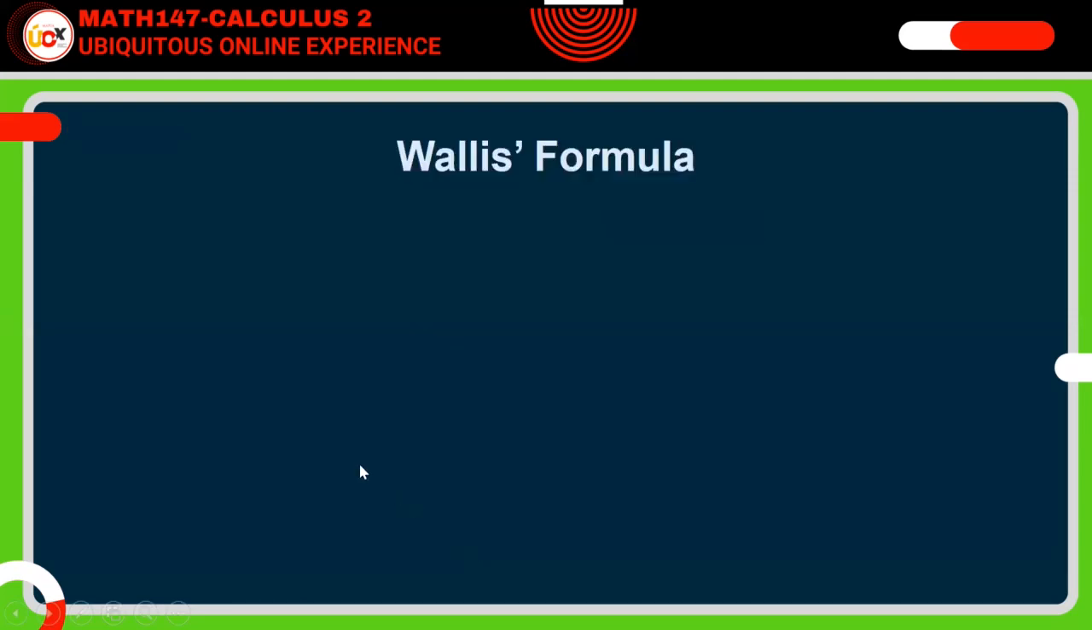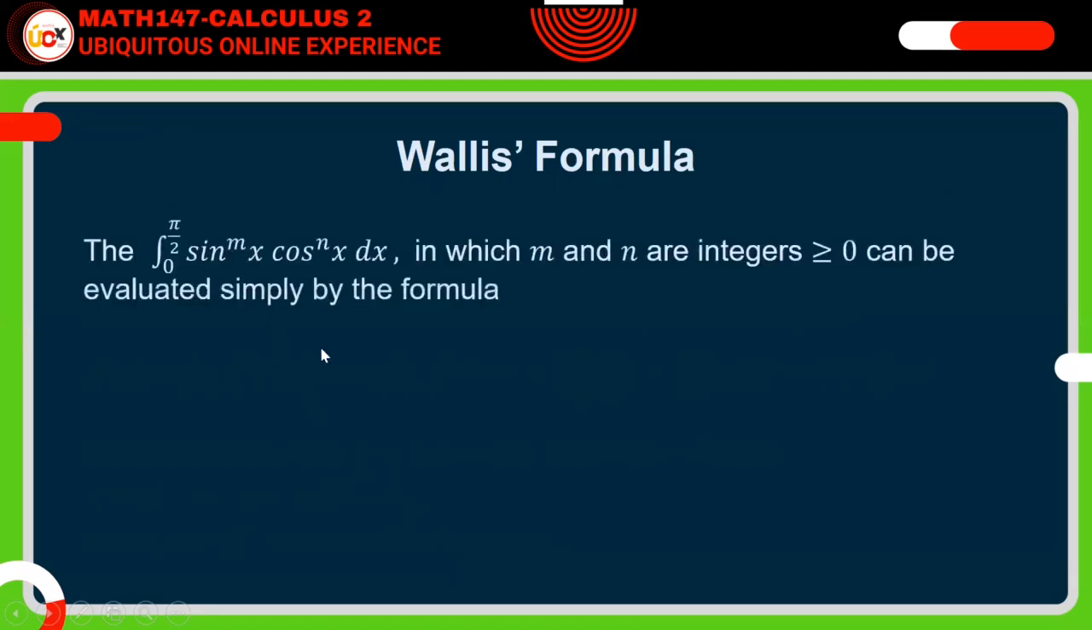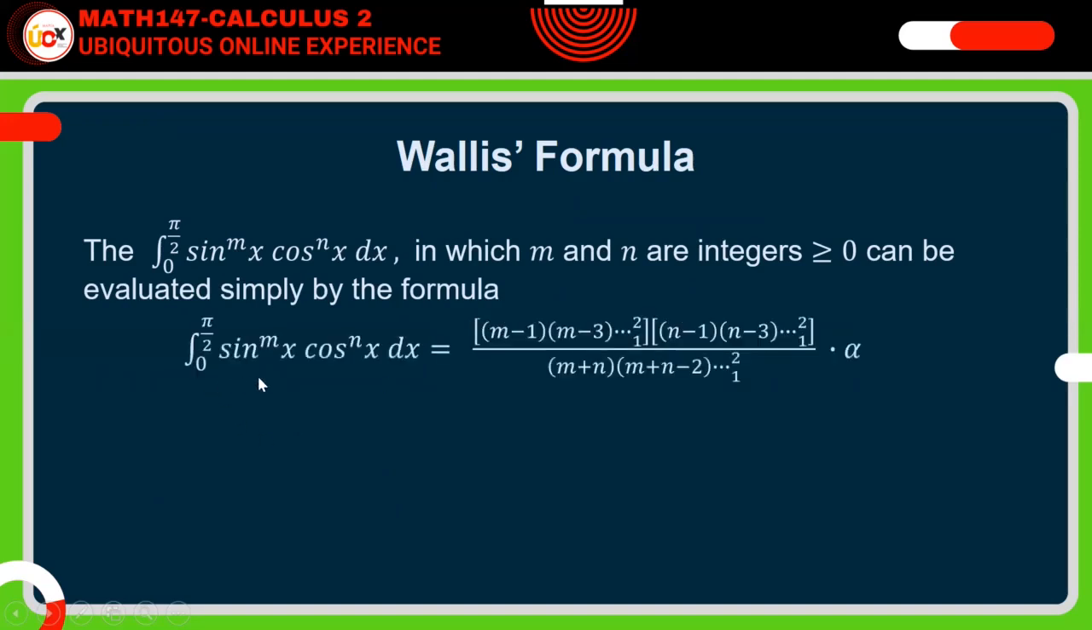Now, for the Wallis formula, which is a formula used to evaluate the integral of powers of sine and cosine, if the integral is in the form sine to the m of x cosine to the n of x dx from 0 to pi over 2, in which m and n are integers greater than or equal to 0, this can be simply evaluated by the formula: the integral of sine to the m of x cosine to the n of x dx from the lower limit 0 to the upper limit pi over 2 is equal to